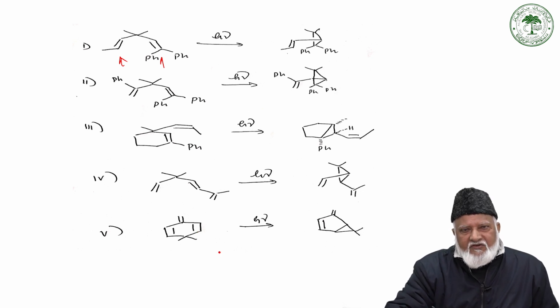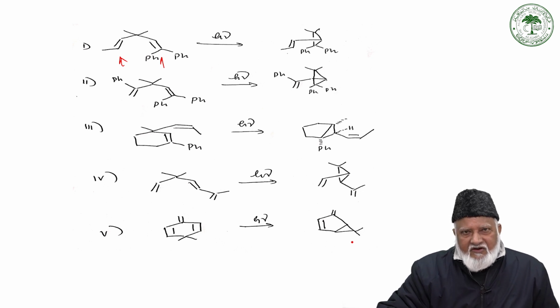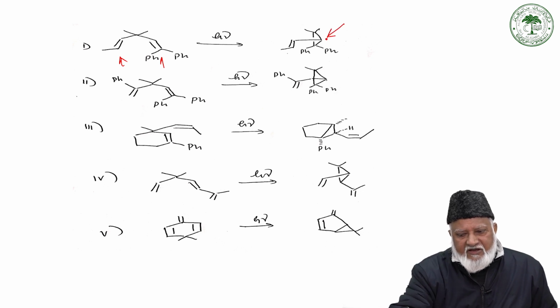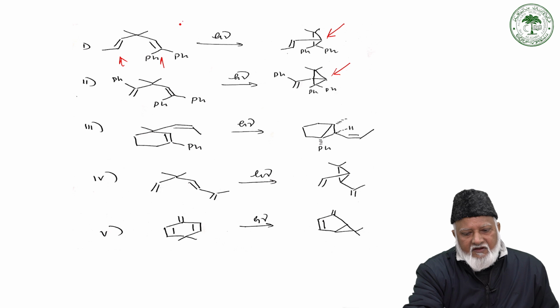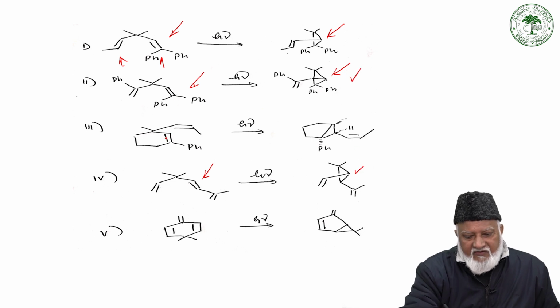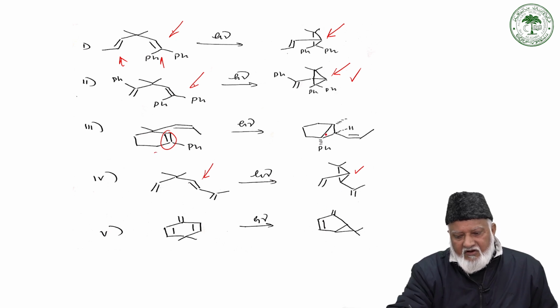But the beauty of this rearrangement is that it gives exclusively one product. So this is a regioselective reaction, and another important point is that we are going to construct a cyclopropane ring, which is very difficult to construct due to the ring strain. When we start with an open chain, as in these three examples, we are going to construct a monocyclic system. Whenever a double bond is part of a cyclic system, as in this one,